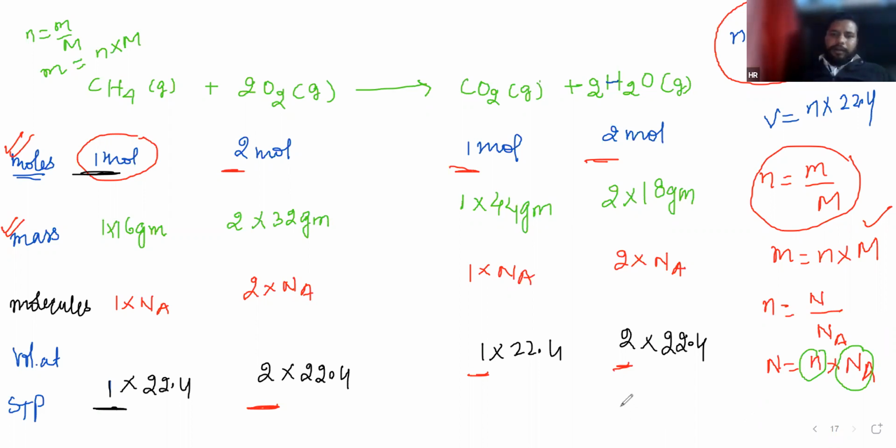Just like that, number of moles has the third formula, which is given volume upon 22.4 liter. I have already taught about it. Volume is equal to number of moles into 22.4 liter. Number of moles will change, but this 22.4 liter will remain constant, as Na, the Avogadro number, does. Is that clear, Habiba? Yes. Okay, just write it and let me know.